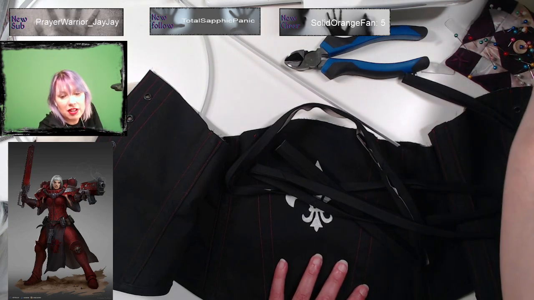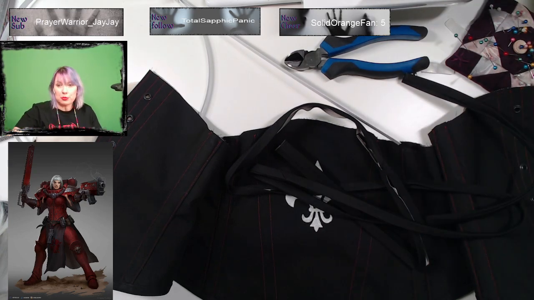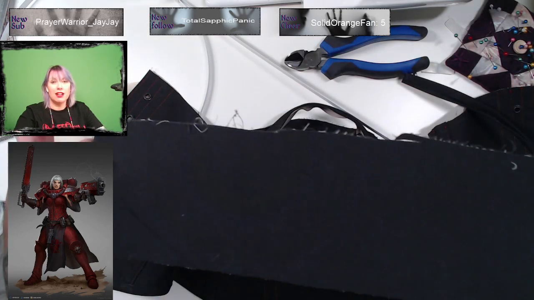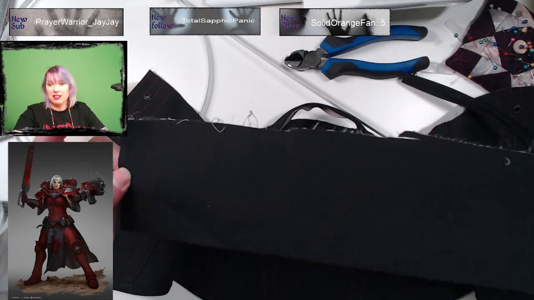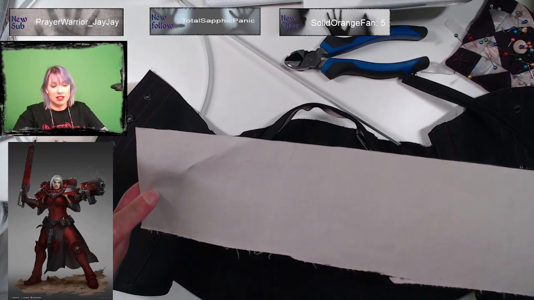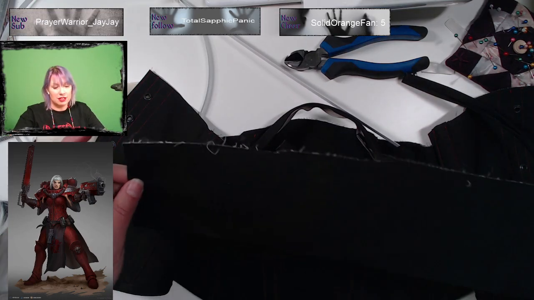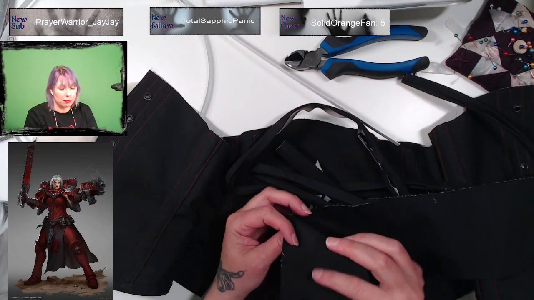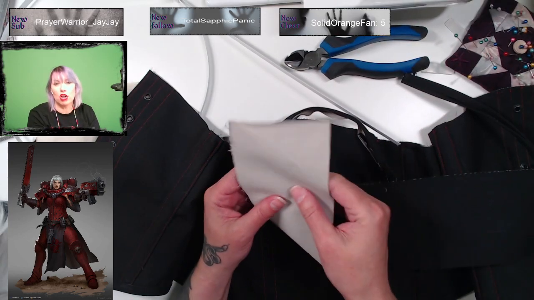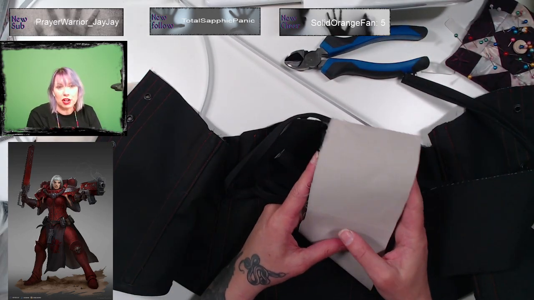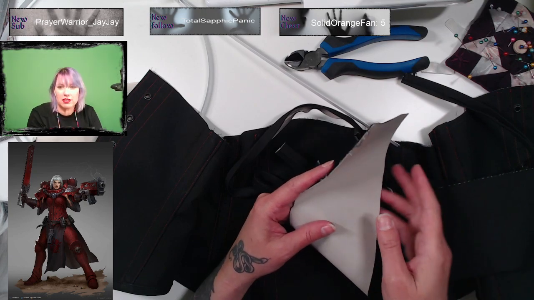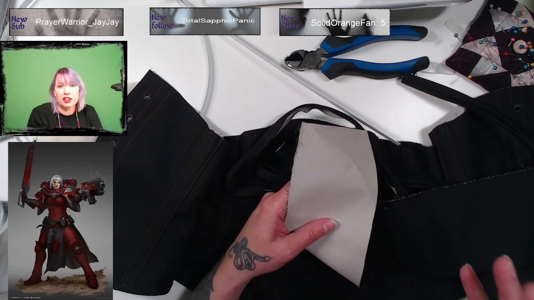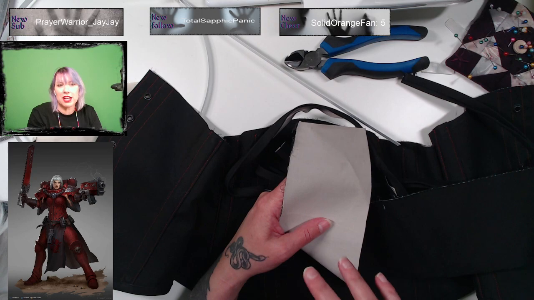Hang on. This fabric is really cool. It's double-sided. So it's a charcoal on one side and off-white on the other. Because the cloak she's wearing, the image doesn't show it, but for her order, the cloak is black on the outside, white on the inside.